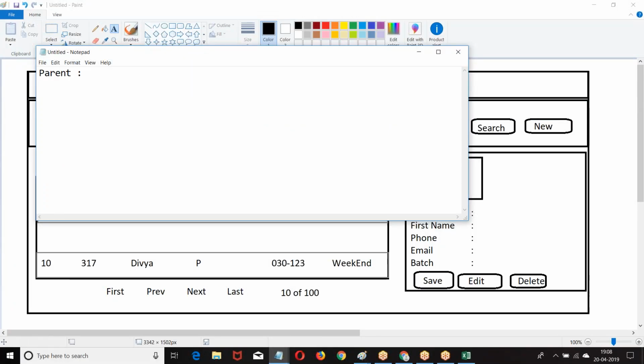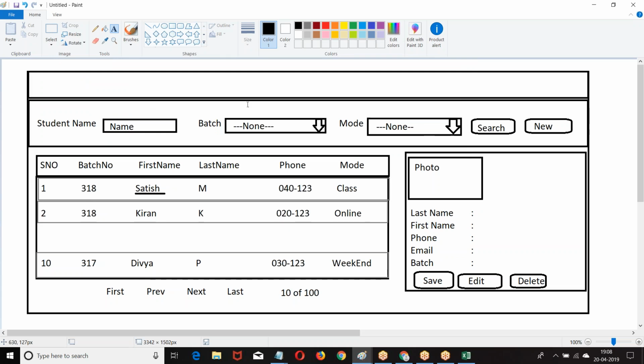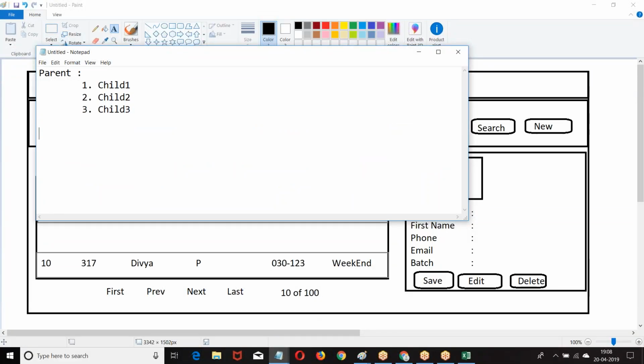The parent component should have 3 components: child component 1, child 2. First, this is the parent component. The parent component is divided into child component 1, child component 2, child component 3. There are 3 components. Right. In these 3 components,